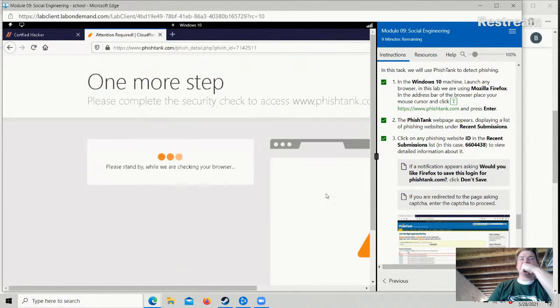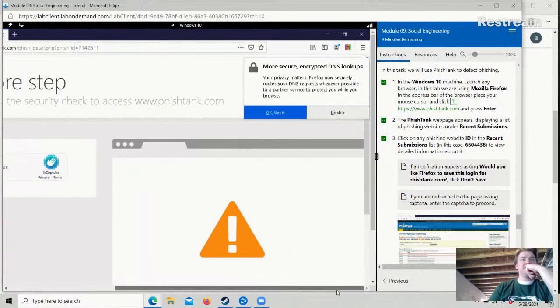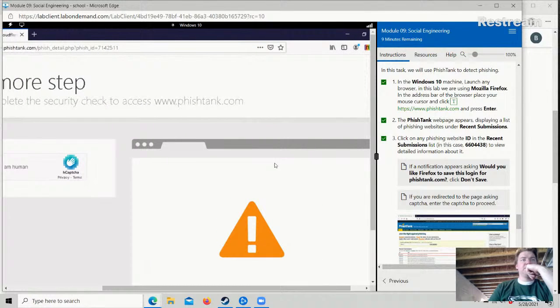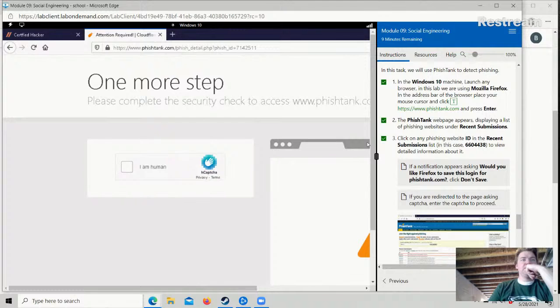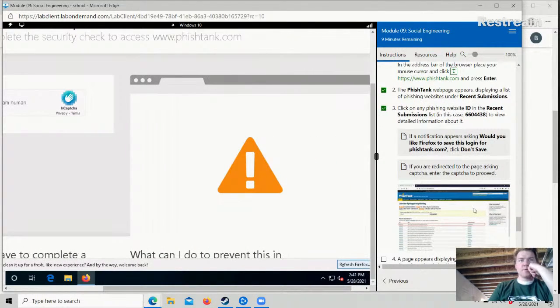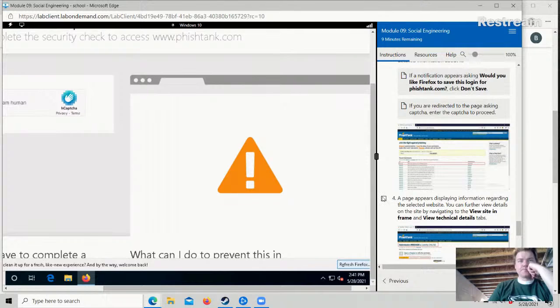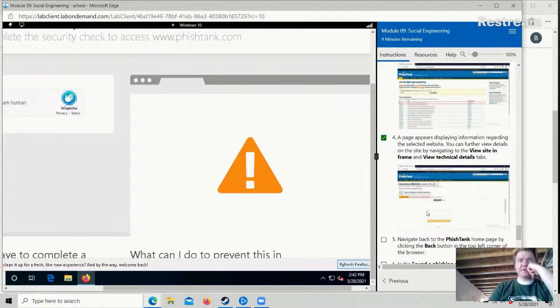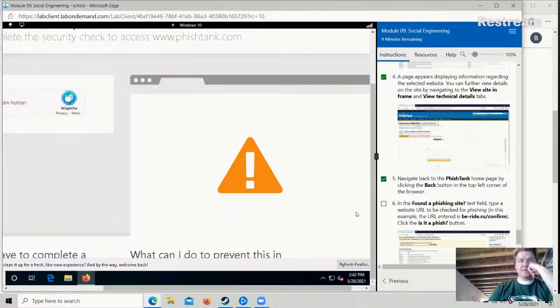If a notification appears asking, would you like Firefox to save this login for phishtank.com? So don't save. A page appears displaying information regarding the selected website. You can further view details on the site. View technical details. Navigate back to the PhishTank homepage by clicking the back button